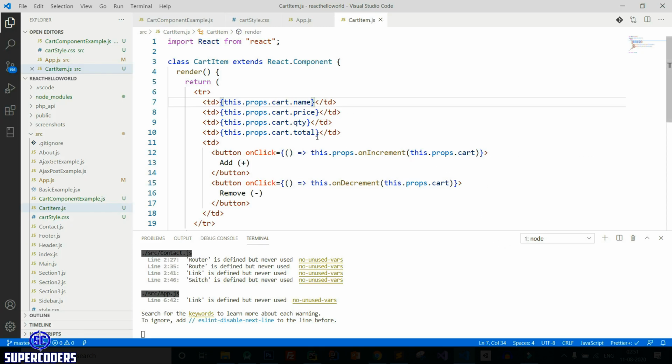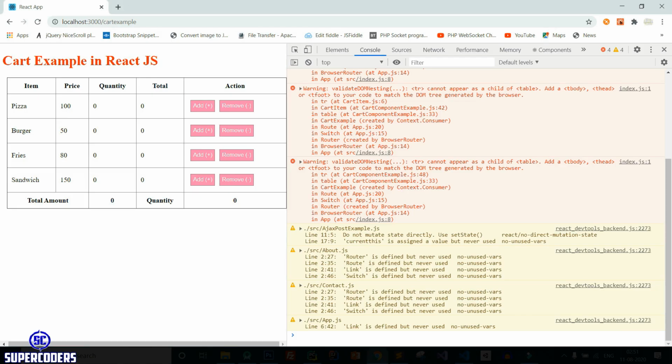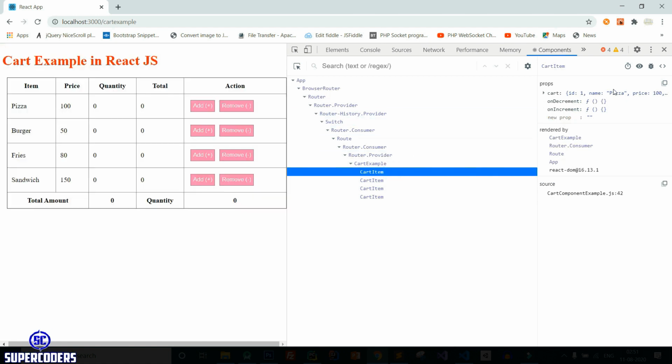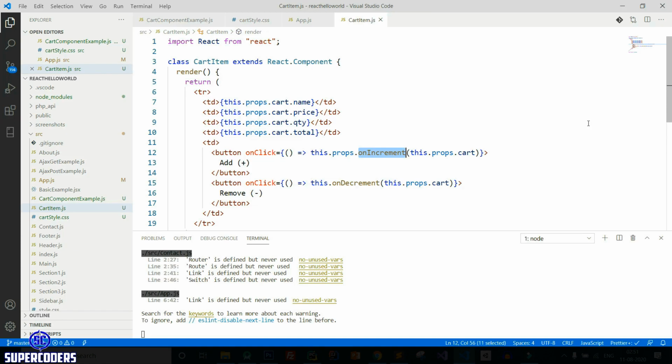So here, back from component, check this. So you can see on increment, on decrement, two functions are showing. Increment, on decrement, all are correct, but let's see dot props.